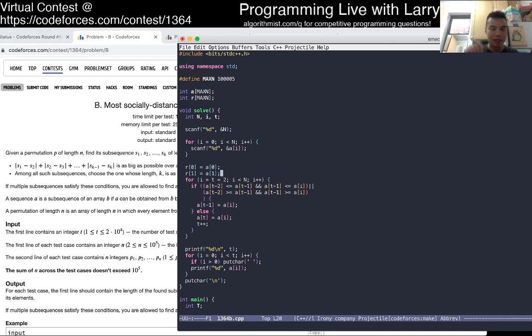I go, okay, if this number is between, and I construct this in a weird way, but I could have probably used a vector and this would have been more direct. When I was doing this, I did this in a weird way, which actually ended up being okay, but I did not do this intentionally. Now that I look at my code, I'm like, wow, Larry's just being careless, because this should be R, this should be R, and this should be R.